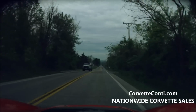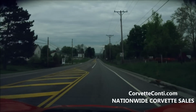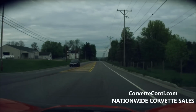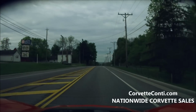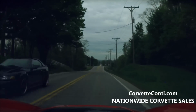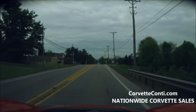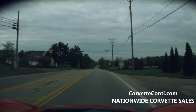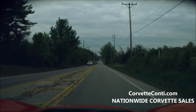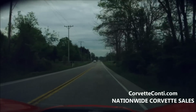And for those of you that don't know, again, let's go back to how many newcomers we've got with this new Stingray, the C7 generation. You know, it's a rule. It's the respect. You're buying a brand, a product. You're buying into a family. And I don't care what year it is. When you see another Corvette, how about a little courtesy wave, a little thumbs up? Yeah, that'll do you some